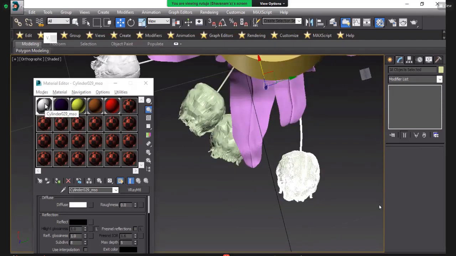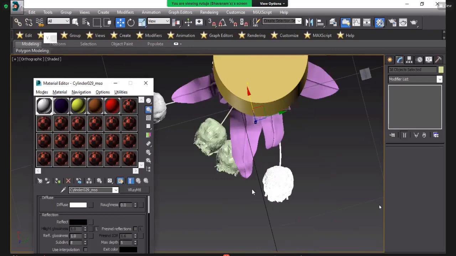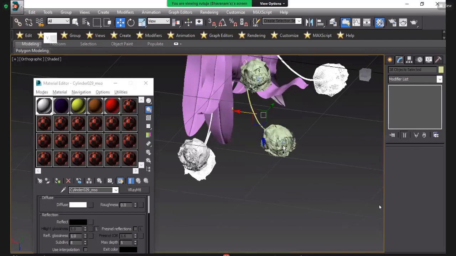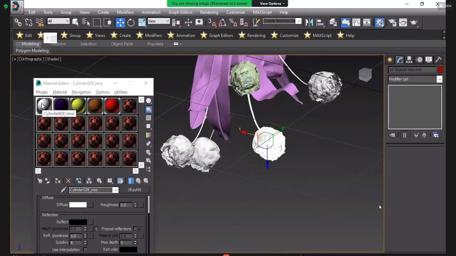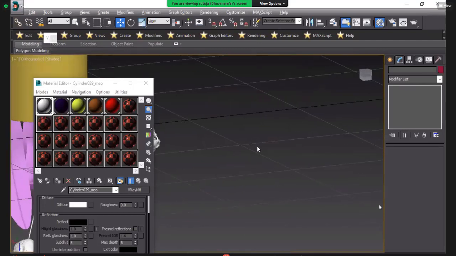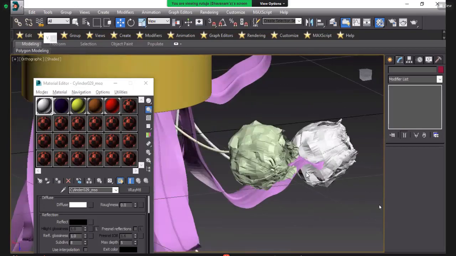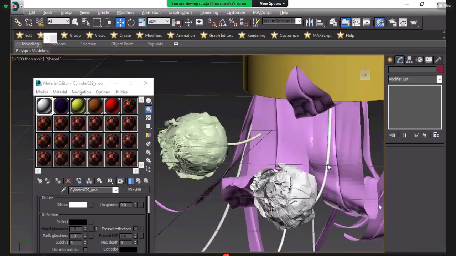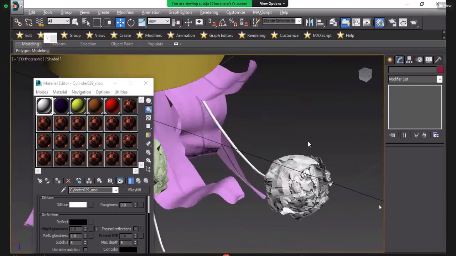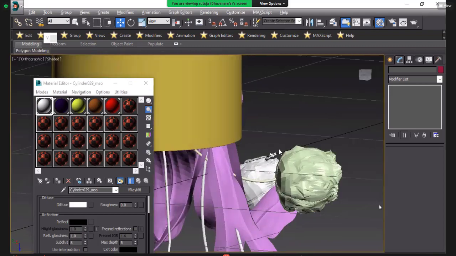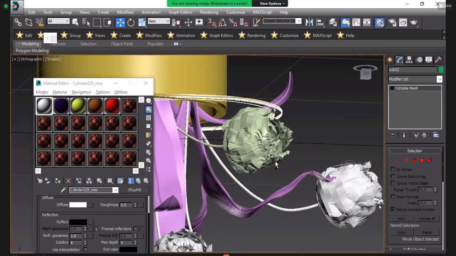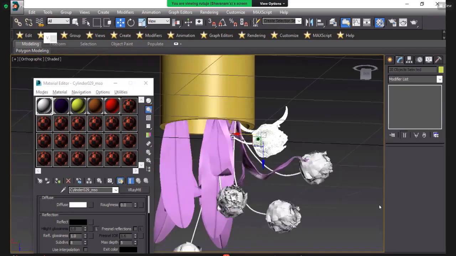Select this one, take white color. I will change the direction to make this easier, because otherwise it takes too much time. Okay, that's fine.